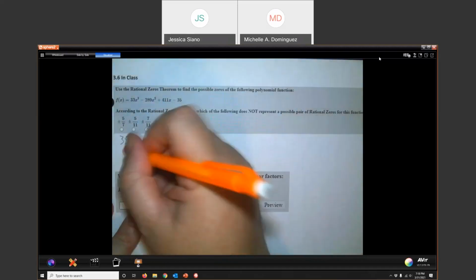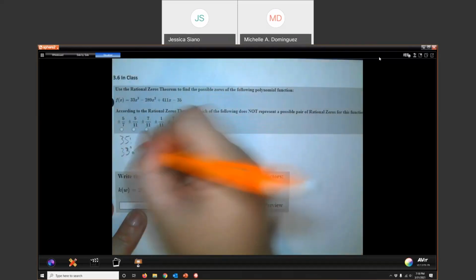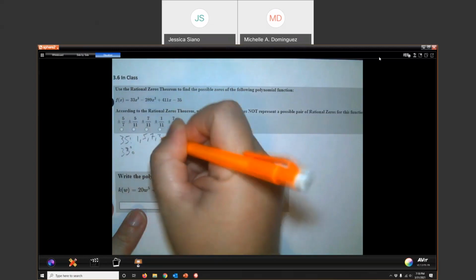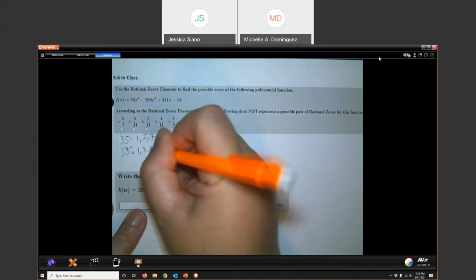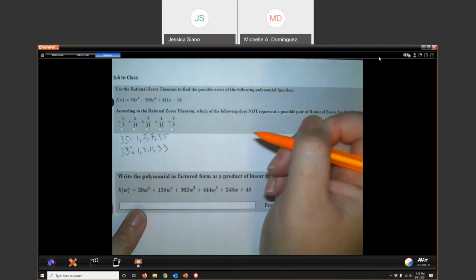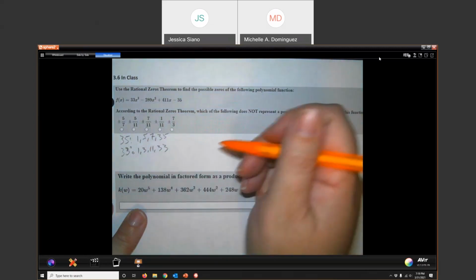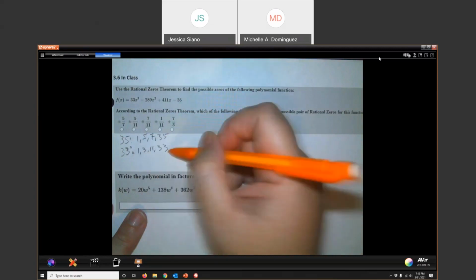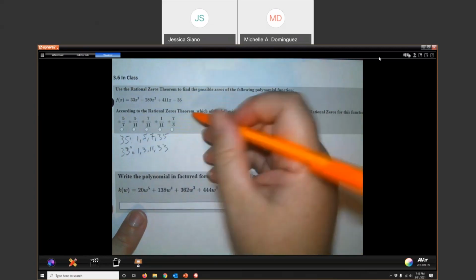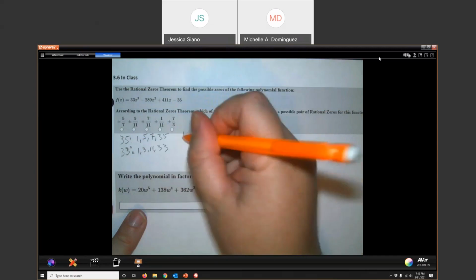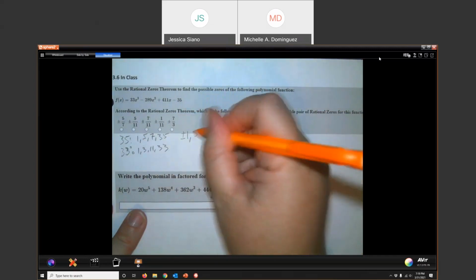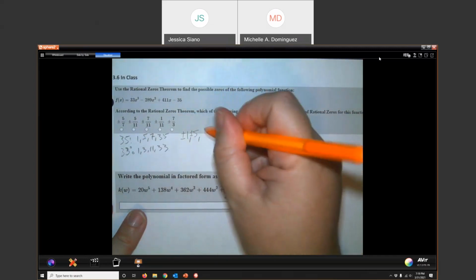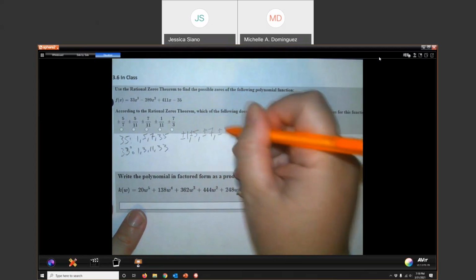The leading coefficient is 33. I'm going to list their factors. 1, 5, 7, 35. 1, 3, 11, 33. So the possible factors are all of the numbers on the top divided by all of the numbers on the bottom. So I'd start by doing 1 over 1, which is just 1, 5 over 1, 7 over 1, and